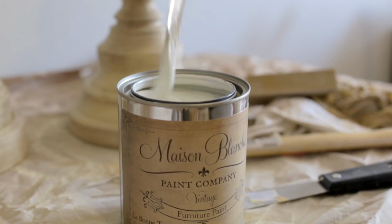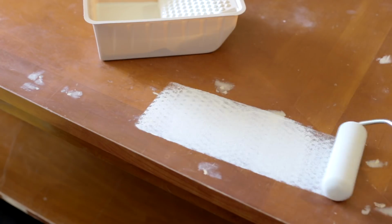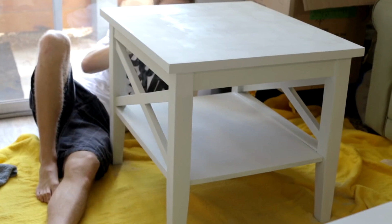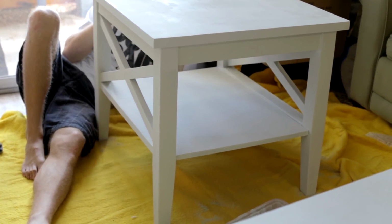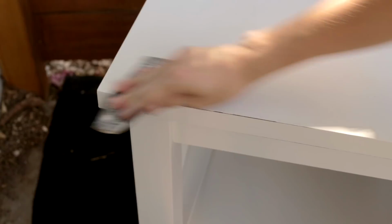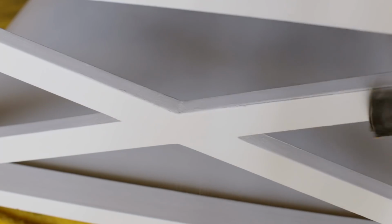We then used Maison Blanche's La Bonne Terre, which is a specialty furniture paint that requires no priming. It took us another day to apply 3 to 4 coats for full coverage. Some areas needed a little extra sanding and touch-ups in between. Finally, on day 3, we lightly distressed the edges with a sanding block and applied 2 coats of amber wax